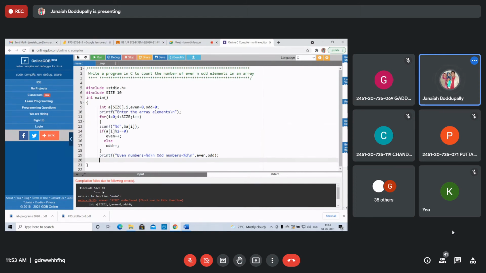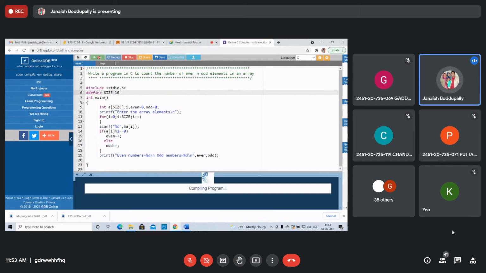Include size 10. i less than size. Any mistakes? Include. Define. Sorry, mistake I have written. Defining, right? We are defining the size of the array. That's it, typing mistake.